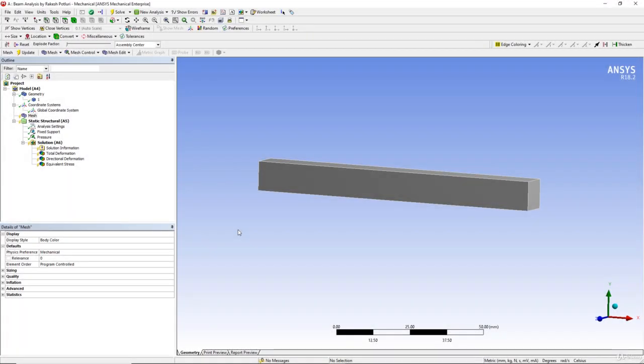In this lecture, we are going to see how we can create automatic mesh and access the meshing options inside both versions of Ansys mechanical software. So now we have opened Ansys 18.2, and in this, if I have to generate an automatic mesh, I